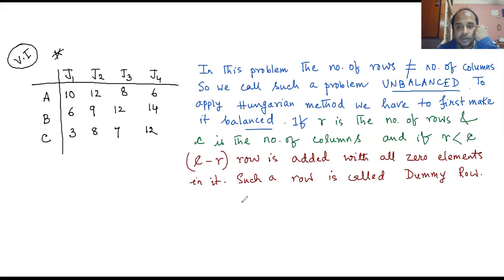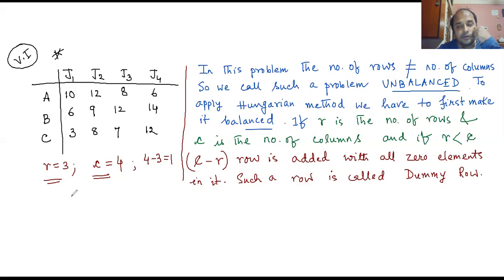Say for example, in this particular case r is equal to 3 and c is equal to 4. So 4 minus 3 is equal to 1,